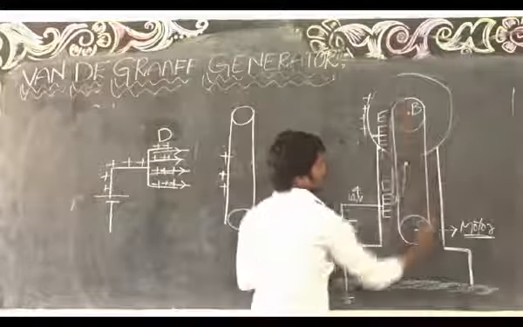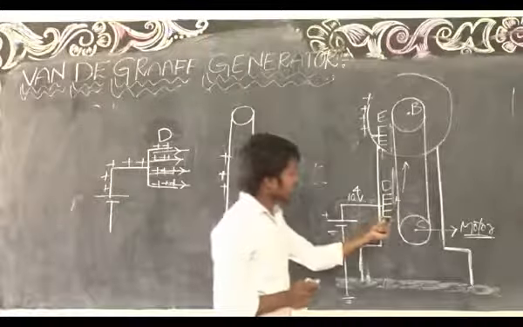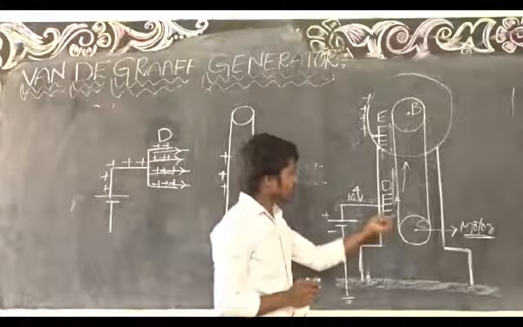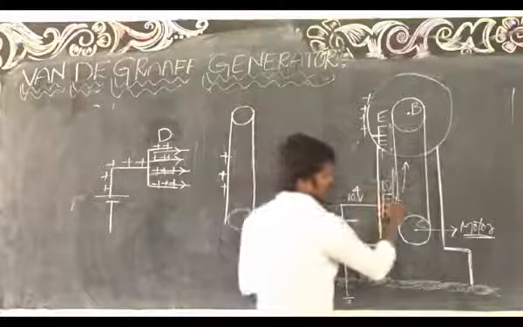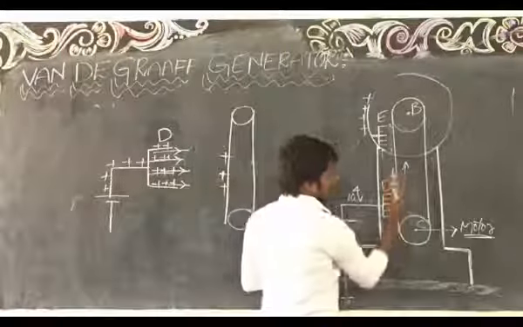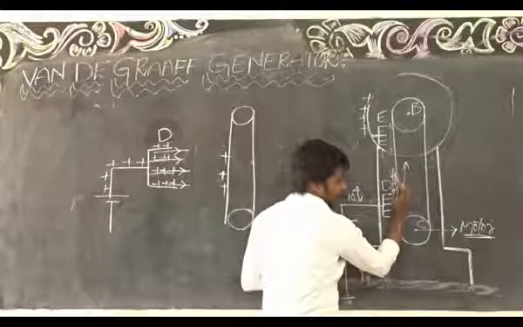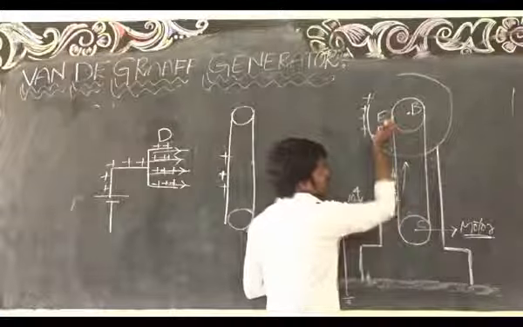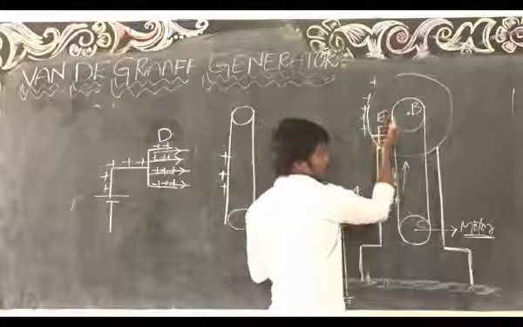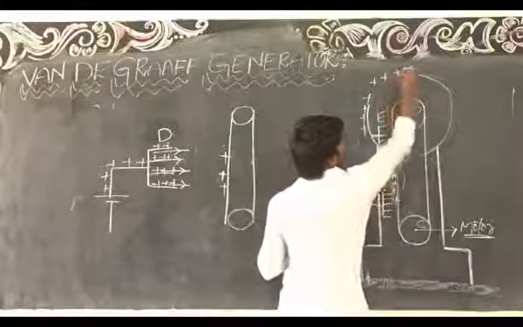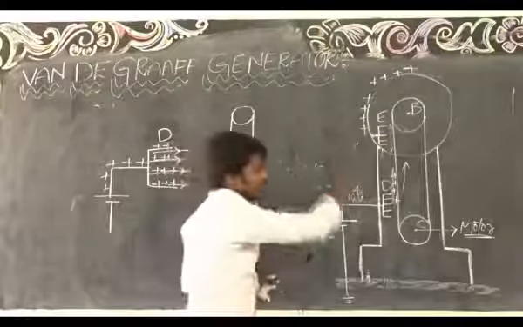Now again the belt is moving. Again the belt is rotating. Then again this conductor will ionize the surrounding air. At the same time it will create more charges. Again these 4 charges will stick to the belt, and the charges will move towards the conductor E. Again it will attract, and the 4 positive charges will be transferred to the other side of the sphere. Like this, the procedure keeps happening.